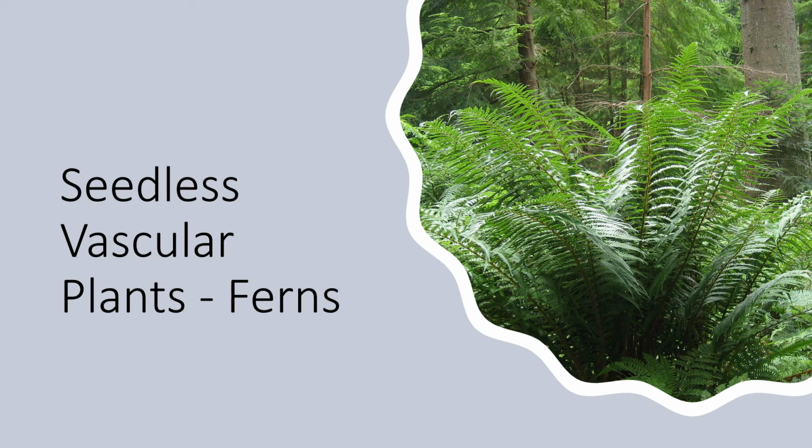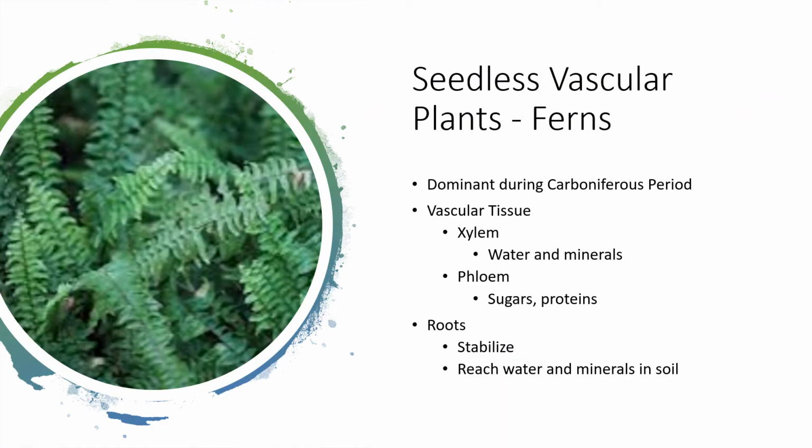Next, we move on to the second group, which are the seedless vascular plants, or ferns, as you see here. They have vascular tissue. That's something extra that the mosses or the bryophytes didn't have, but we still don't have seeds. Now, they are thought to have been the dominant form of plant tissue during the Carboniferous period, and the remains of these over time are thought to be what produced the oil, coal, the kind of petroleum products that we have underground today.